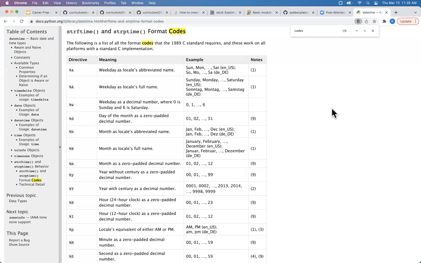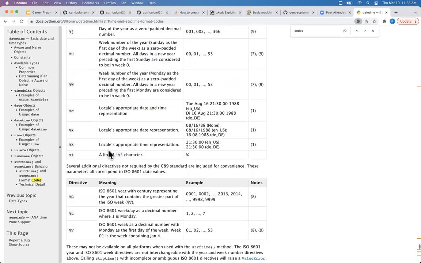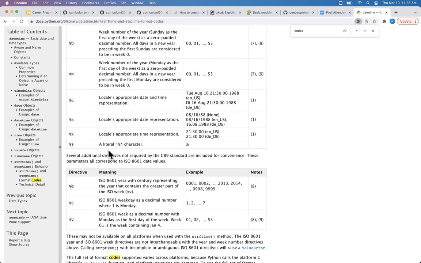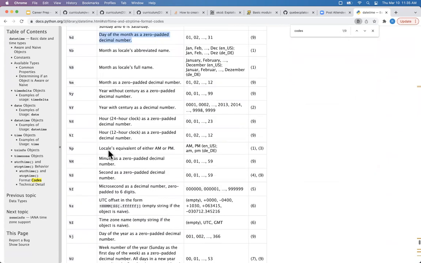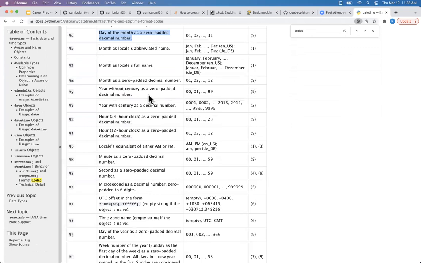So these are all those little placeholders that you can use. In our example, we just had month, day of the month, and then the year. Where's the year? Year. So these are not exactly alphabetical, it seems like. Curious. But yeah, however you need to format a date as a string,